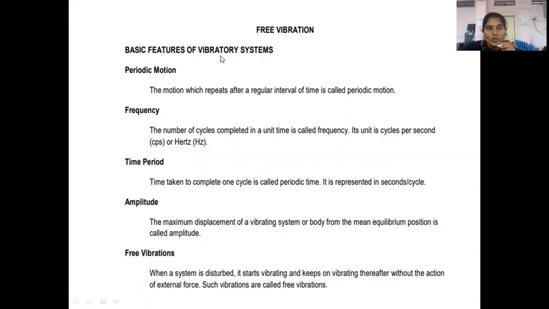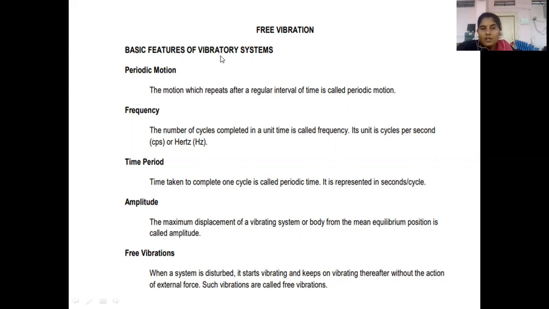Next one is the frequency. So what is the frequency? The number of cycles completed within a unit time is called the natural frequency. Okay, the number of cycles completed in a unit time, number of cycles एका सेकंद मध्ये जितके काही सायकल्स कंप्लीट होतात. Unit is cycles per second. कुठला युनिट आहे बघा, that is the hertz. म्हणजे number of cycles completed within 1 second, that is nothing but a frequency. किंवा त्यालाच आपण असं म्हणू शकतो, the number of cycles completed in a unit time is called a frequency.